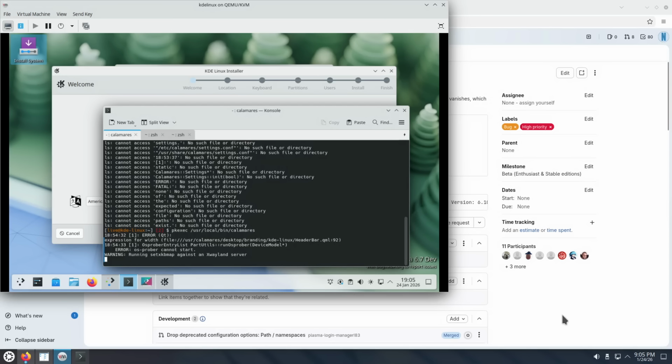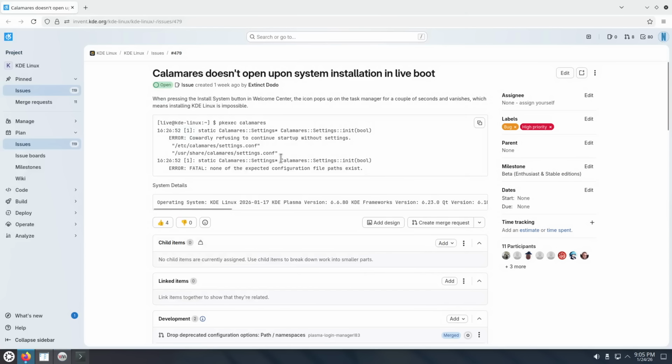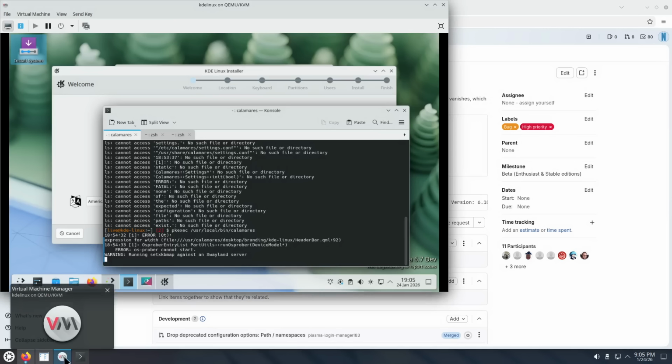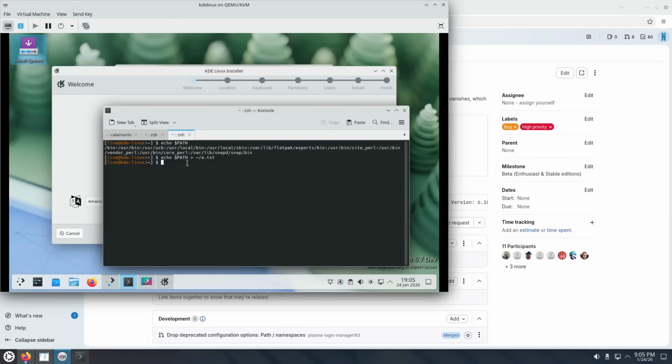Hopefully I have managed to fix this. So this was the issue. There's two different Calamares installations on the live CD-like mode of KDE Linux. There's /usr/local/bin/calamares and there's /usr/bin/calamares. So with local or not. And it looks like this,